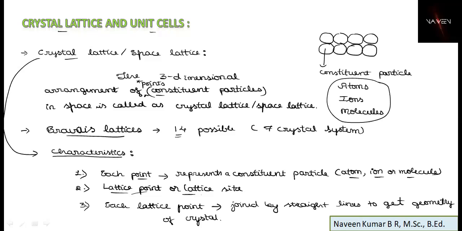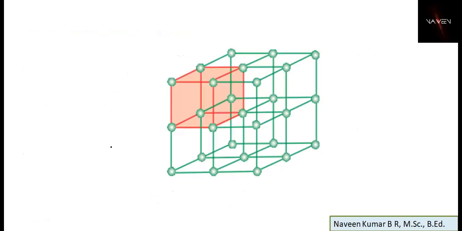Now we'll try to understand how such lattice sites will develop the entire crystal. This is a portion of that to consider. Just observe now. This is one constituent particle. This is one constituent particle. This is one constituent particle. I am showing a part of that, how it may lead. Now, as we know, in a crystal lattice, each dot or each point is called a lattice point. Now, this is referred to as a lattice site